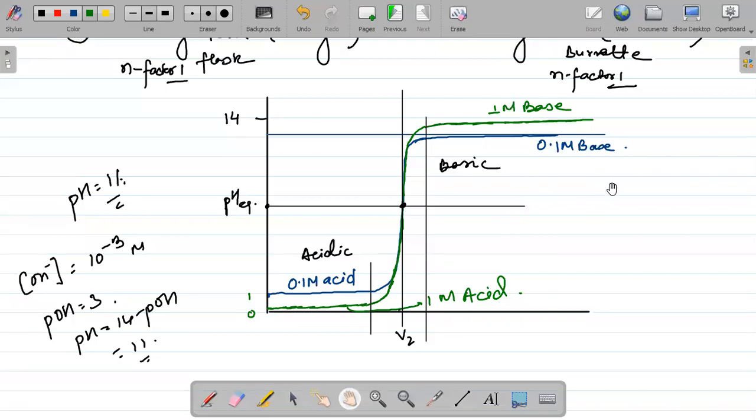We had started discussing titration curves, and in that we had discussed the first two varieties of curve, that is when we are trying to titrate a strong acid with a strong base, or a strong base with a strong acid. Now, the next thing is we have to discuss the titration curve